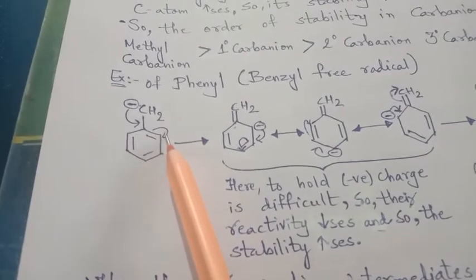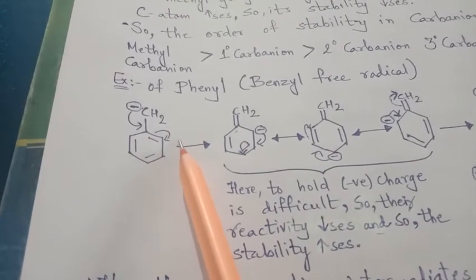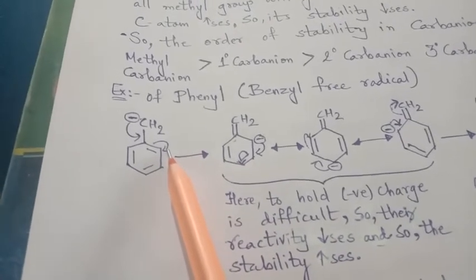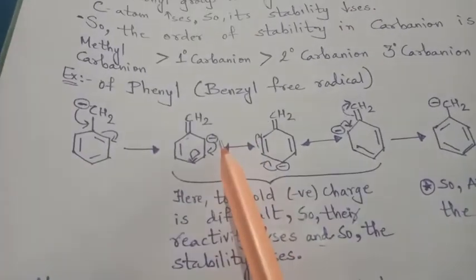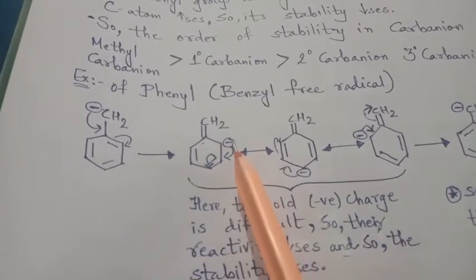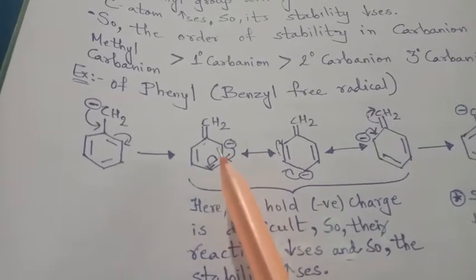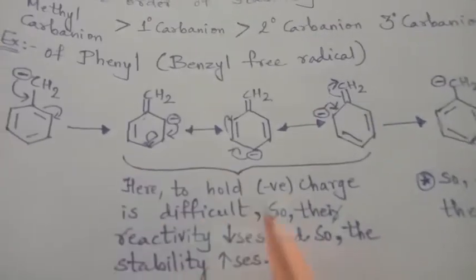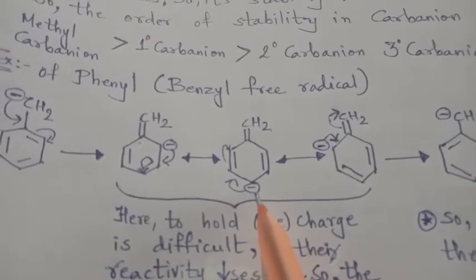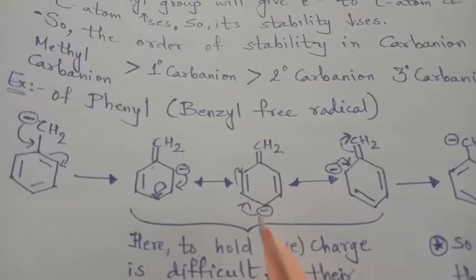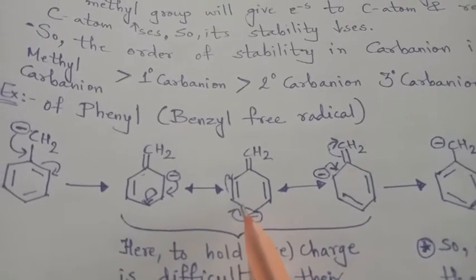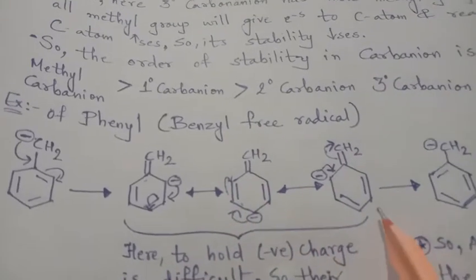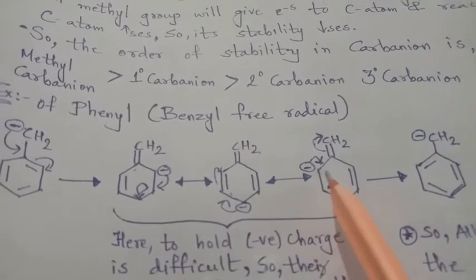Now this electron pair is here, so here is a negative charge, and at the same time this negative charge has come over here with a double bond. Now this negative charge will shift further here. At the same time, this bond will shift to the para position. So we will get a negative charge on the para position and the bond will be here. This will continuously shift over here. At the same time, this bond will shift over here. So we will get a bond here and a negative charge over here.